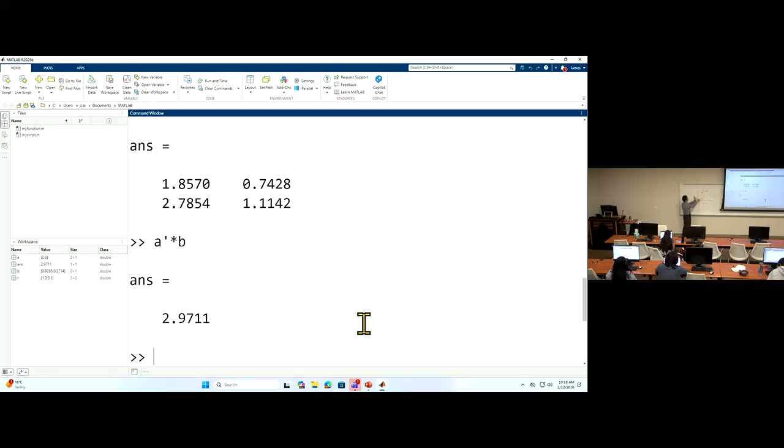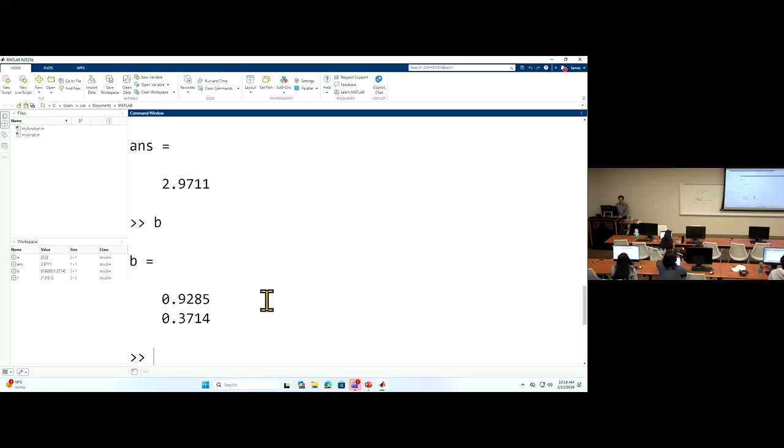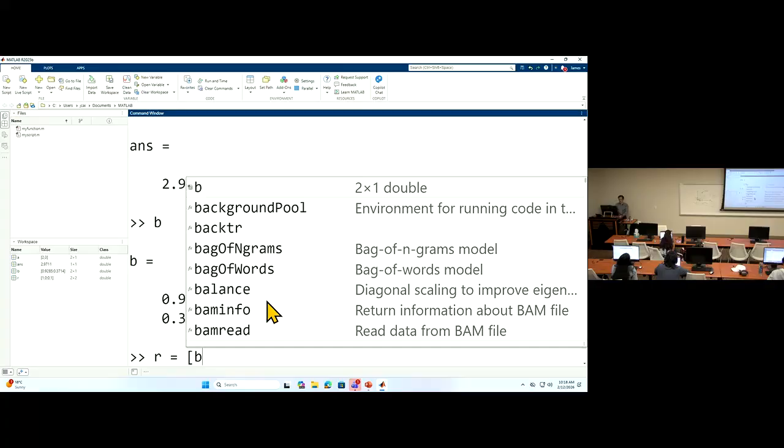Based on this coordinates, it should be D1, D2. Okay? So my new rotation matrix will be, so I have a B, so my new rotation matrix will be B,